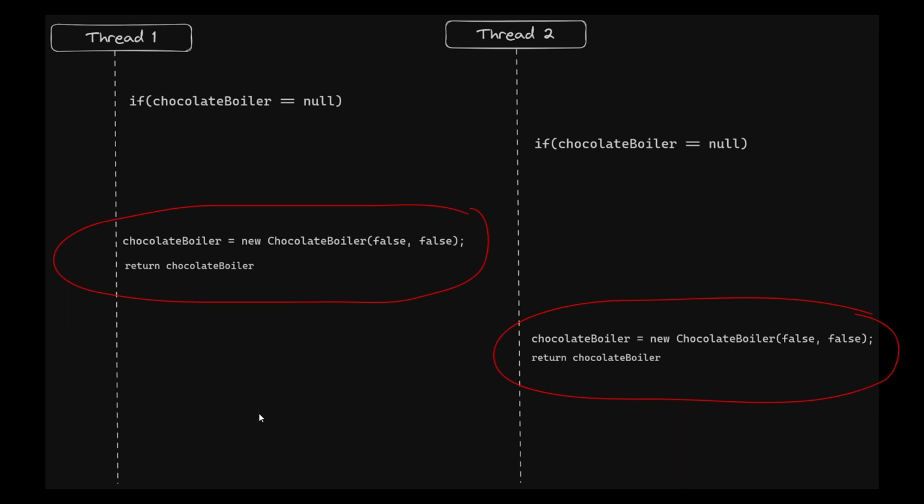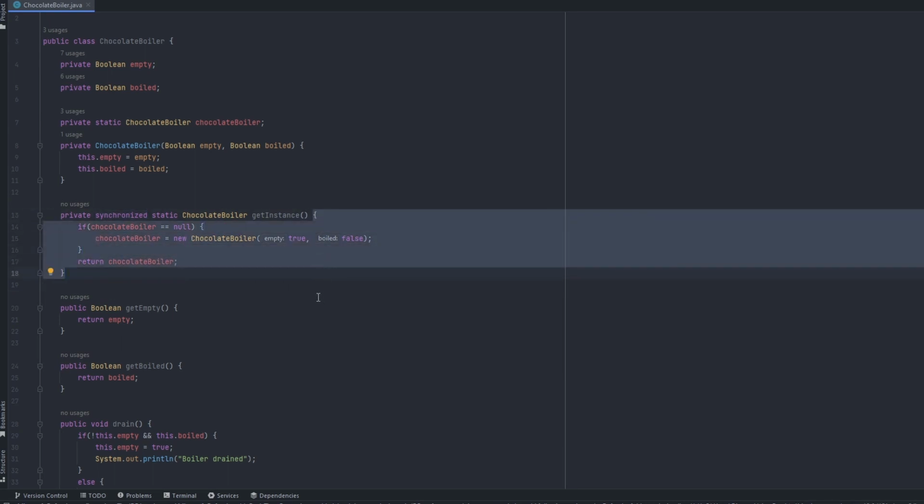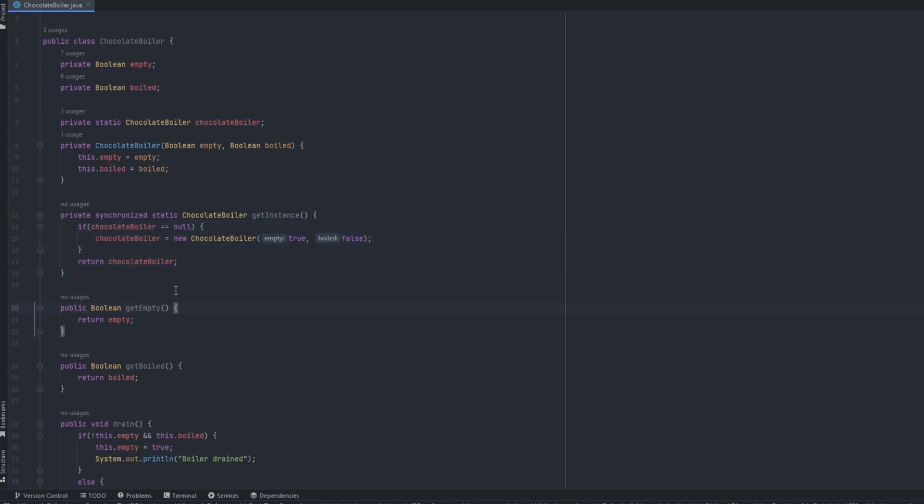To resolve this, we just need to add the synchronized keyword to the get instance method. So we simply go to our get instance method. We say that this is synchronized. The synchronized keyword ensures that a block of code is executed by only one thread at a time. So this will ensure that two instances are never created. Synchronized keyword works well if the code is very simple, like in this case. But if you want to have a very good performance for this code, making this block synchronized won't be as